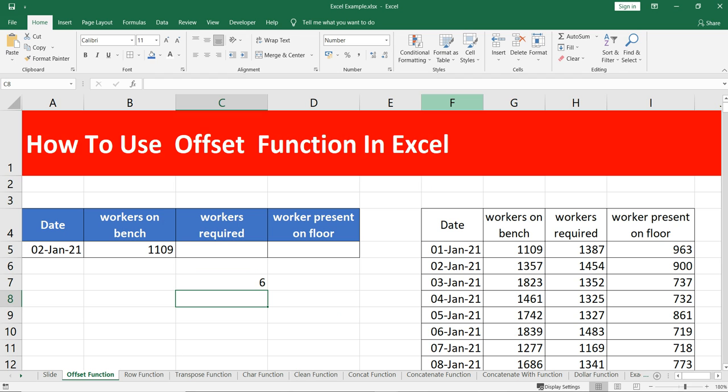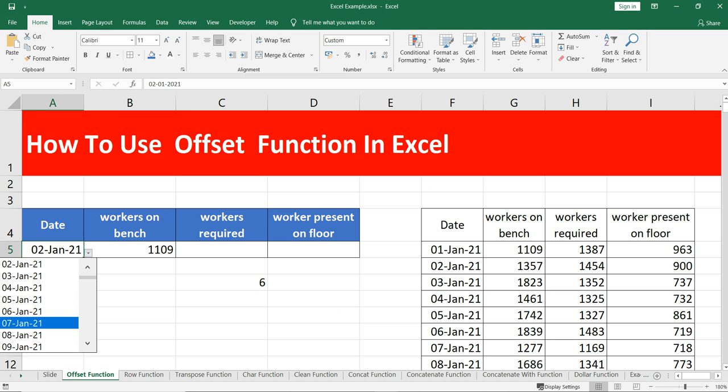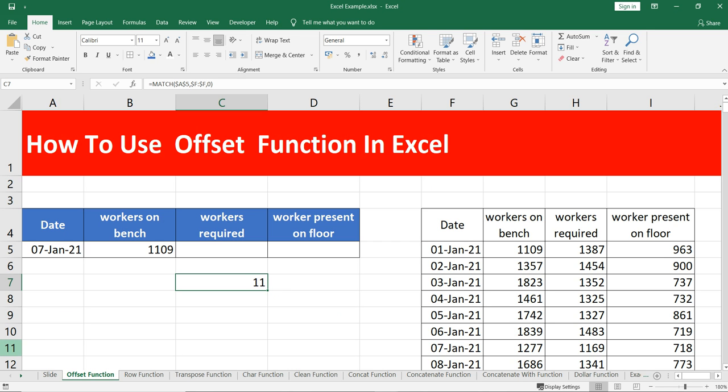So now I'm getting that this 2nd Jan is present on row 6, right? Now if I change this to 7th Jan, you will see that you are getting 11. Reason being, on 11th row you have this 7th Jan.